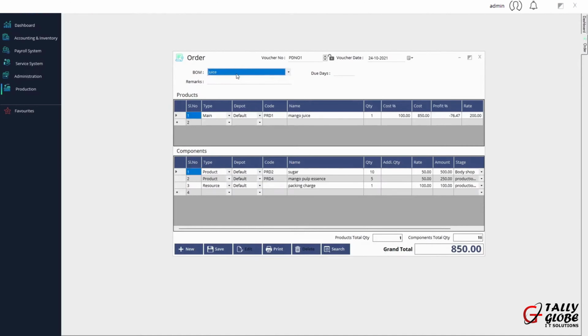So the juice, I'm going to choose the juice over here. Once you choose it, the main product will be listed here. All the components will be listed here, and the cost percentage. So if you have multiple products like a main product and byproduct, then you can split the cost percentage over